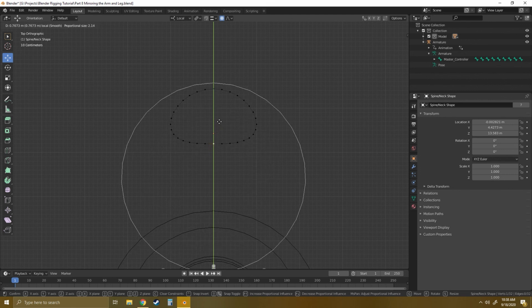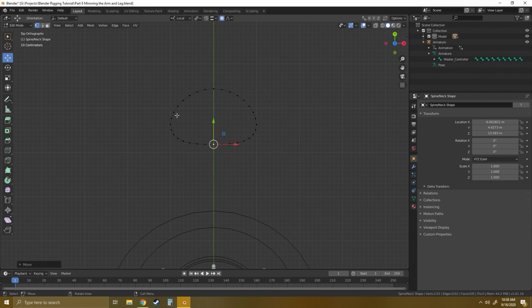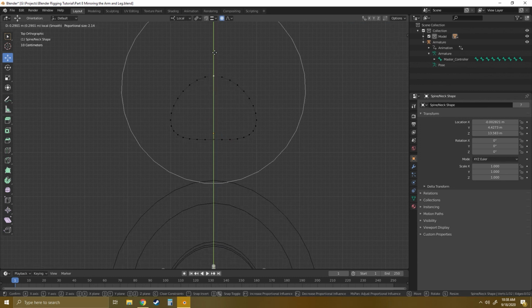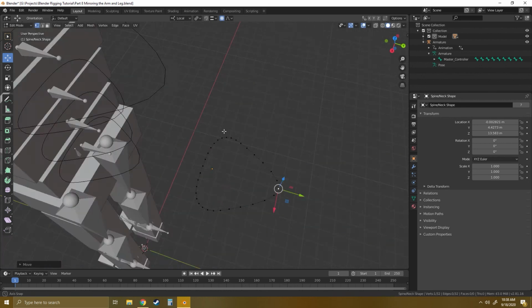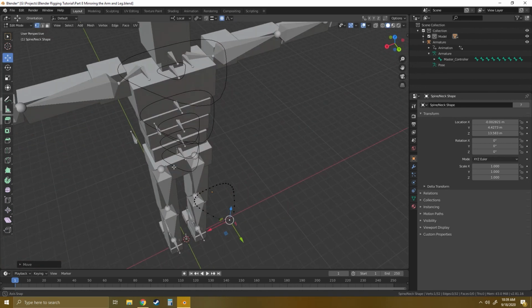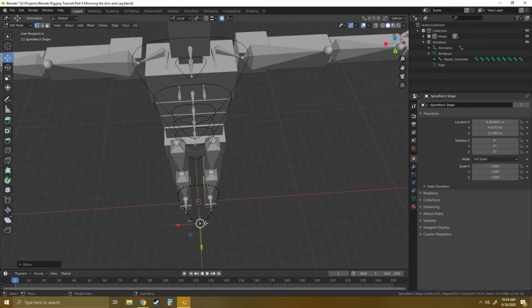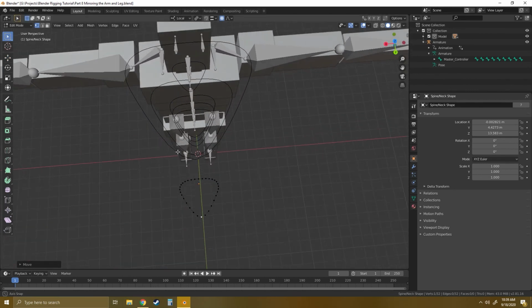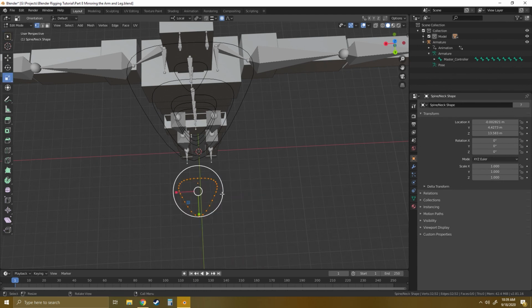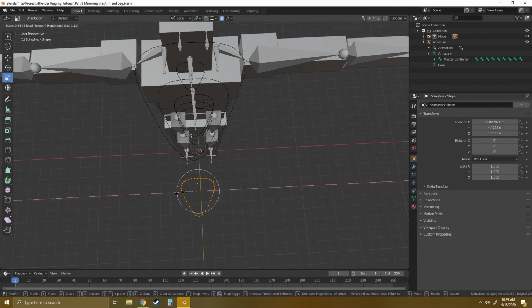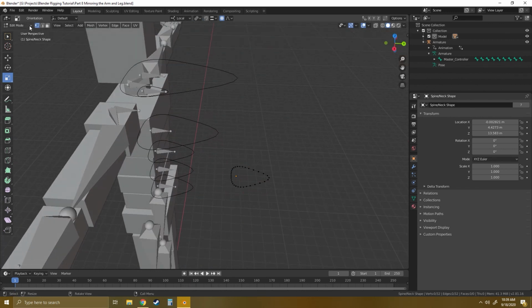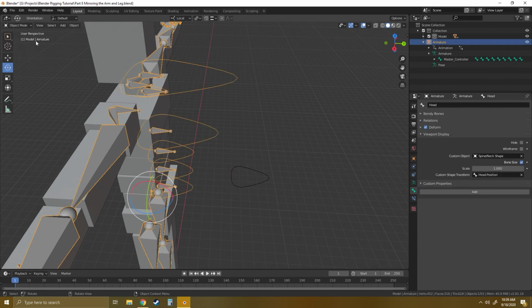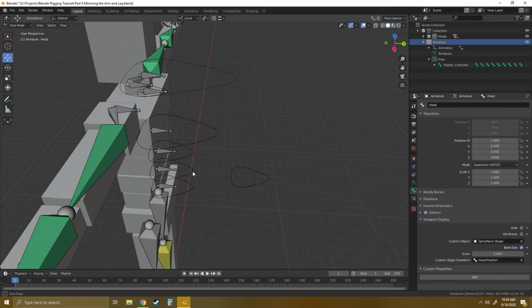I'm going to scroll that out a bit, and I'm just going to kind of flatten out this back piece, and then I'm going to grab this tip piece here, and I'm going to make this a lot smaller while I'm affecting that, maybe like that, and now we've got kind of a triangle piece, so I think that'll be good. Looking all right for that. Why don't we take the whole thing and just make it a little bit skinnier. Make it down maybe something like that. And then if we go back into object mode, go into our armature, and go into pose mode,